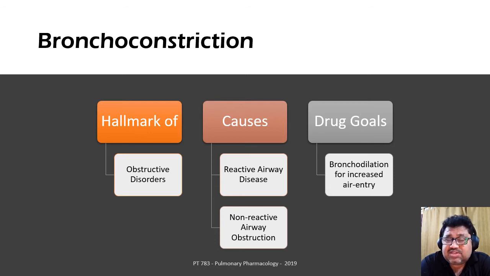Bronchoconstriction is present primarily in conditions such as asthma, which is a reactive airway disease, but bronchoconstriction can also be found in non-reactive airway disease such as COPD. In either case,